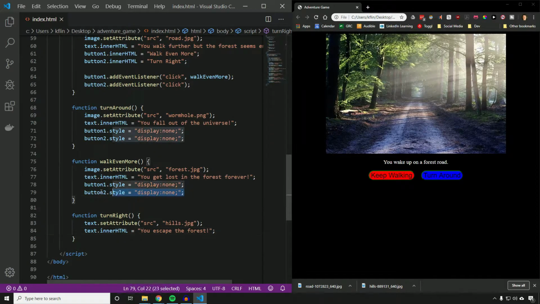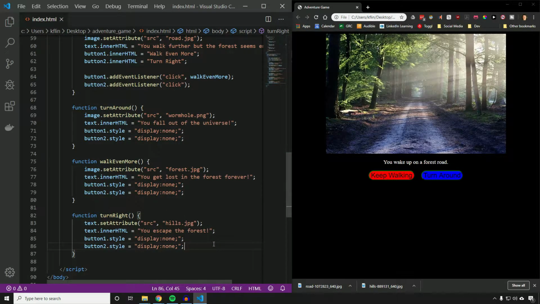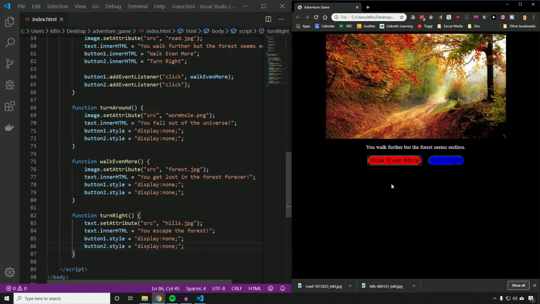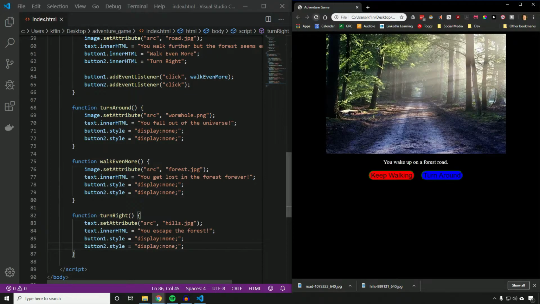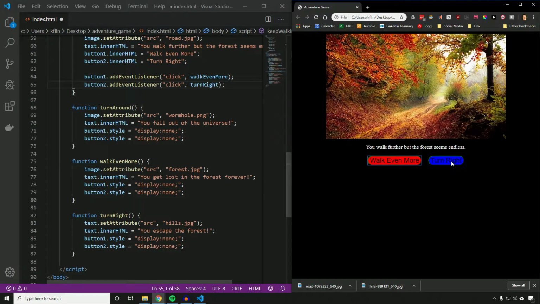And now that we've won the game, we'll also turn our buttons off because that's the last thing that can happen in the game, so the buttons will disappear. And now if we reload our page and we say keep walking and then we say turn right, well, that's not right. Oh, right, because we forgot to actually add the event listener up here. We still have to call the correct function. So this one is turnRight. Now if we reload it and we say keep walking and we say turn right,